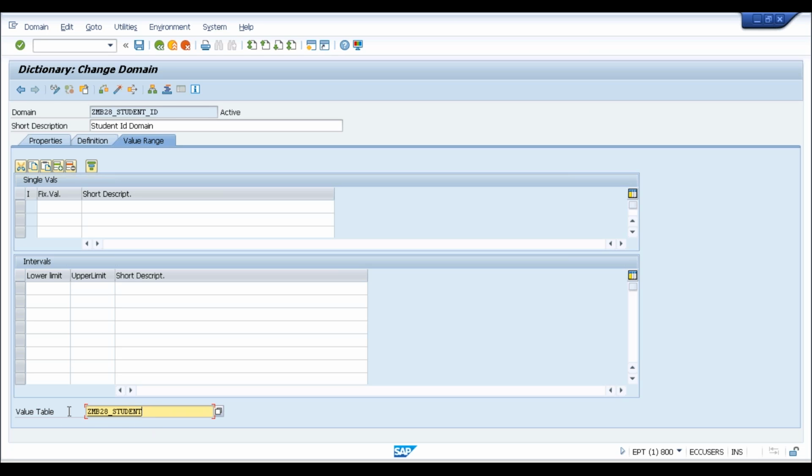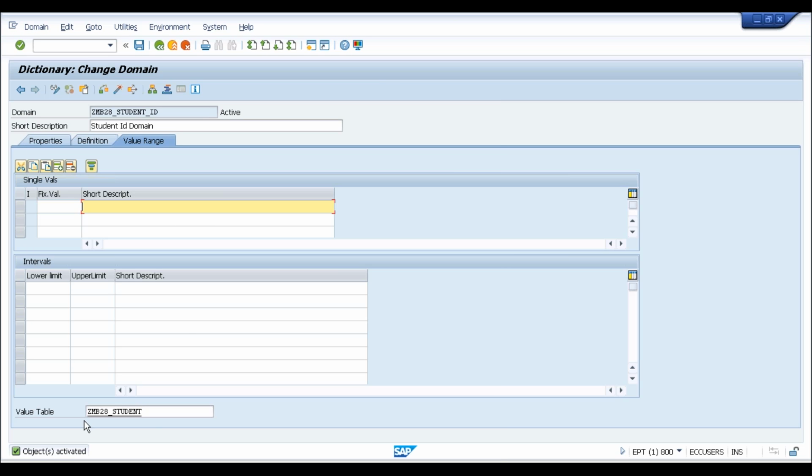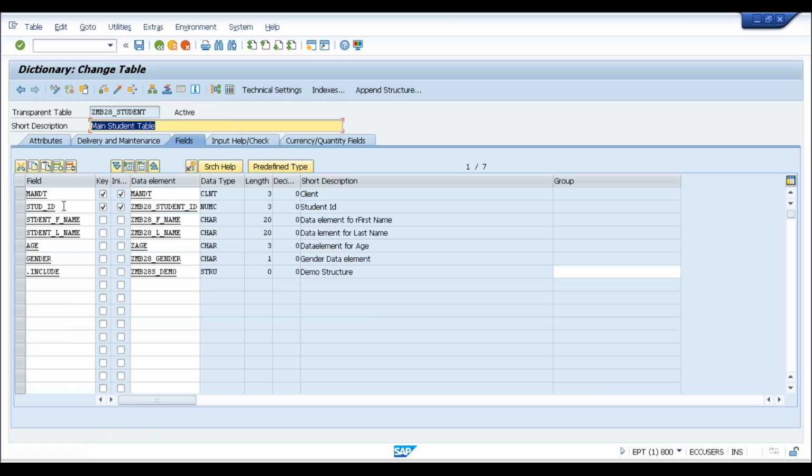Okay, so whatever the key field is there, that's going to get populated. So you require some practice first in order to understand. Maybe you might be getting confused, so please do some practice. So here in the value table, you can see this is the student